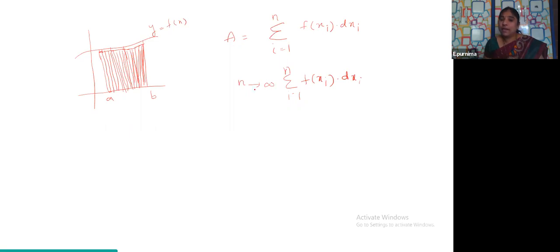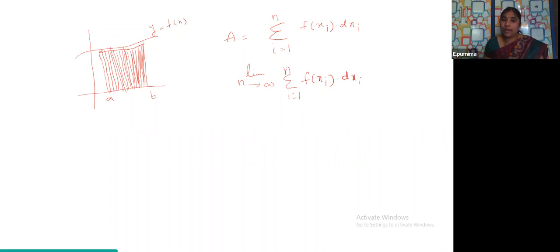By seeing this n tends to infinity, where do you reach, children? Do you remember? Did you get it in your mind? Yes, you are right. It is nothing but our limit. In first year, you learned about limits, no? So when n tends to infinity, you reach a point where you get the limit of that expression. So what is it, children? It is nothing but limit n tends to infinity of the summation i is equal to 1 to n f of xi into dxi. It will give you the area of this whole region from A to B.